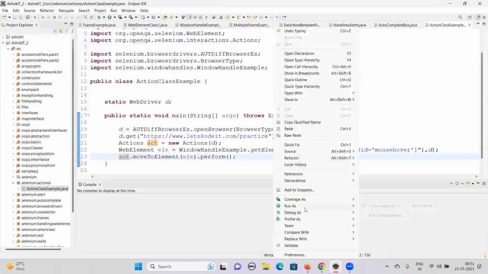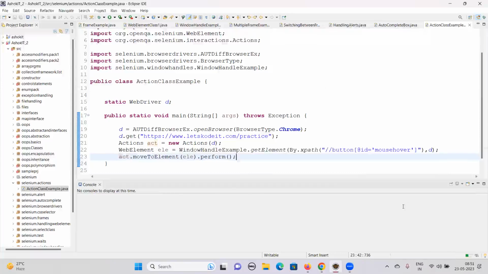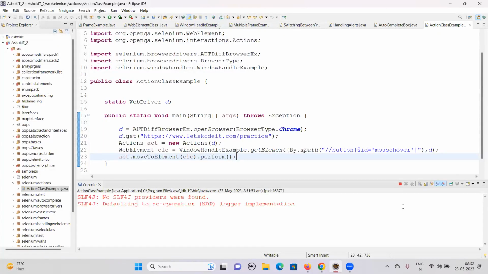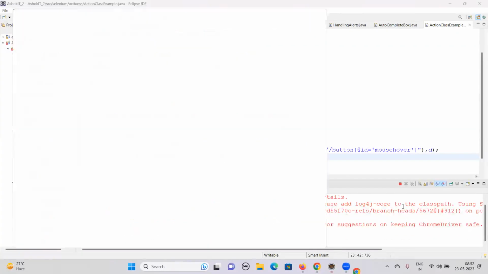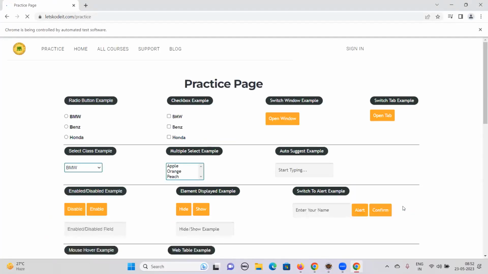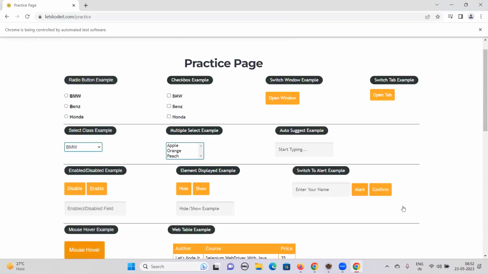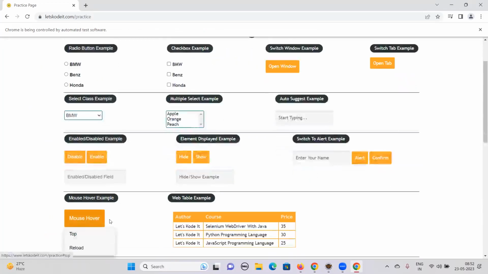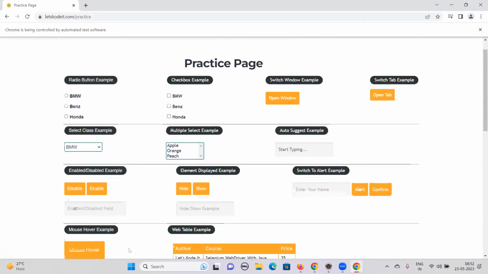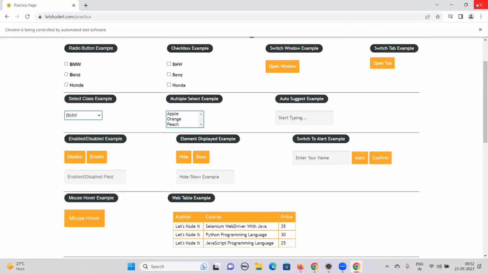Okay, so let's go and try to see this code. So we should be able to see the top and reload options. Okay, so what it does is it will just go to that element and it will stop. Just mouse over on it. See, it moved to that element. You can see that it is just showing up here. Okay, so it moved to that element, but now let me just